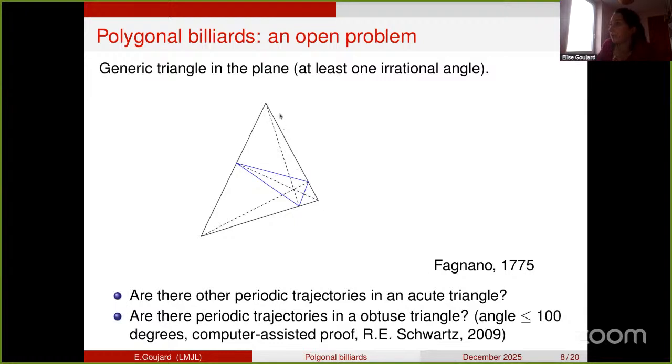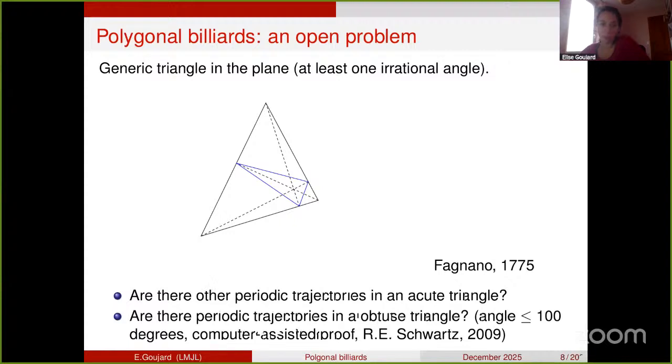And if we consider a triangle with an obtuse angle, we don't know if there exists such a trajectory. There was a computer-assisted proof by Rick Schwartz for triangles of angle less than 100 degrees. But this is the only thing that we can get. This is the best result known so far for triangles. So yeah,